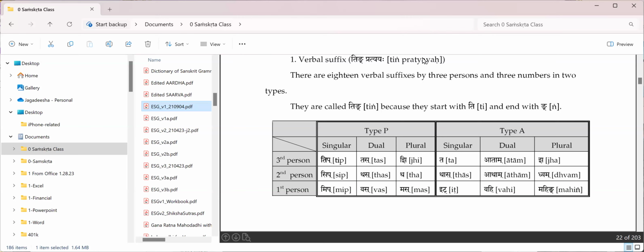So what is the concept? I don't know if you want to go now or later, but we will talk about that when we come to the verb part of book 1. Generally, this is not a strict rule; there are exceptions. So generally, the Parasmaipadi is where the result of the action goes to somebody else, para. And in the Atmanepadi, those are the kind of verbs where the result of the verb goes to the doer himself.